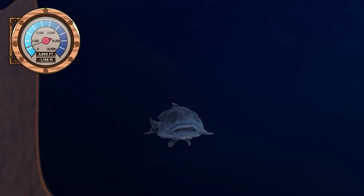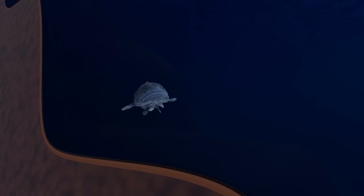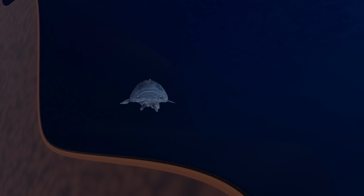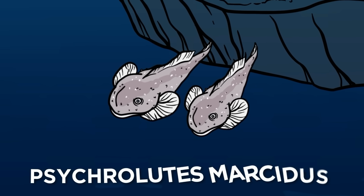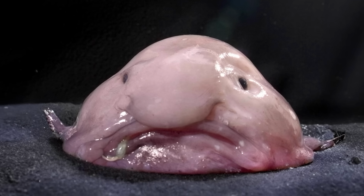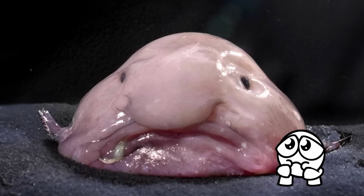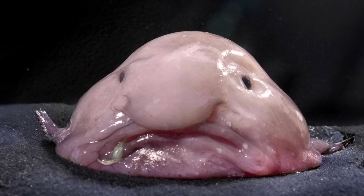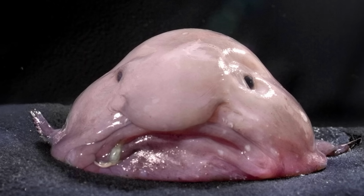At 3,800 feet and about 115 atmospheres beneath the waves, we encounter the one and only meme king, the blobfish. More accurately called the Psychrolutes marcidus. You probably know the blobfish from this very unfortunate image, which makes it look like the most pathetic creature on Earth. However, to defend the poor blob, you should know that this image was taken after it was brought to